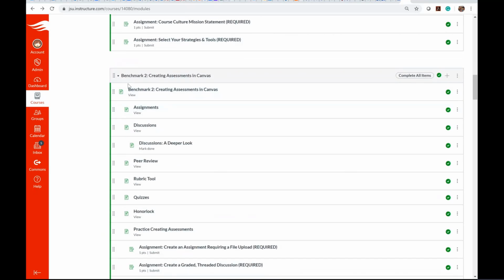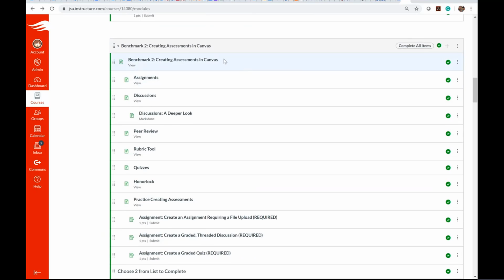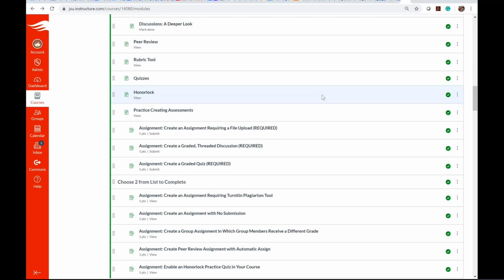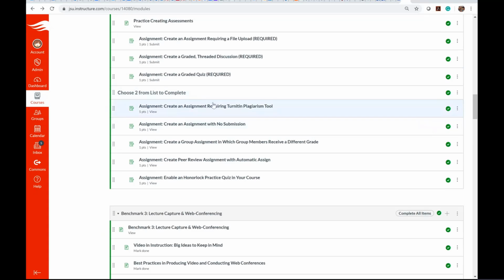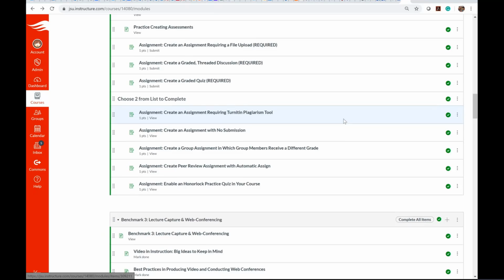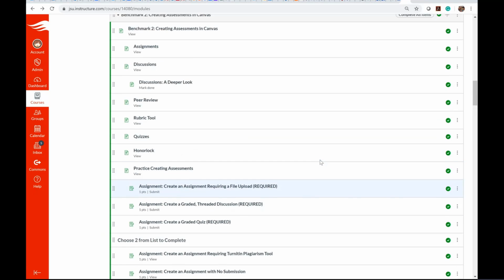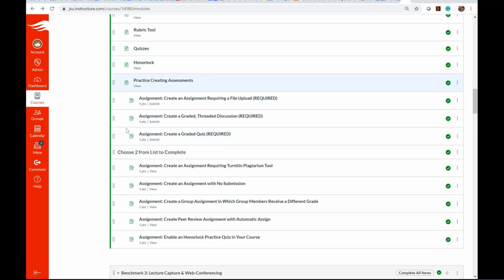Let's look at benchmark 2. So in benchmark 2, you've got some required assignments here, and then you can choose from a list here. So realistically, none of these assignments that you're doing are required to be part of the course that you're building for assessment, okay?